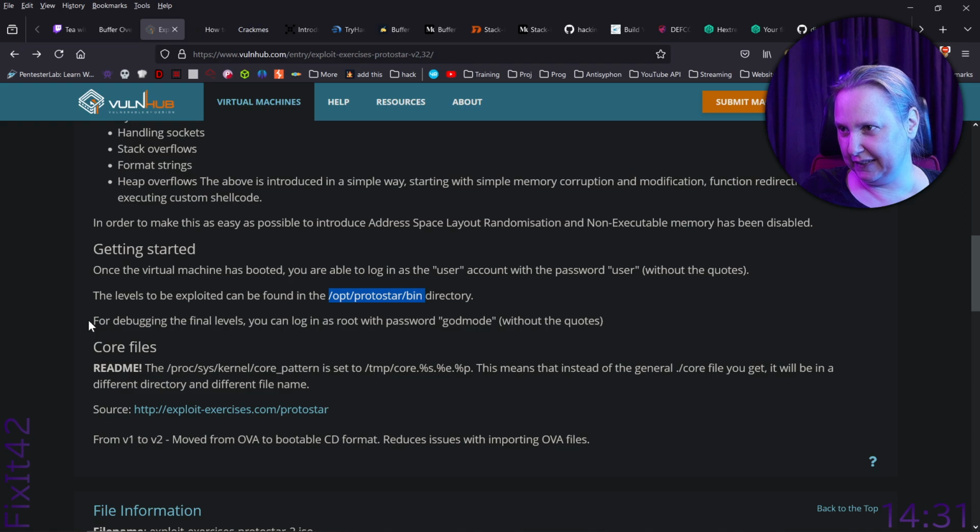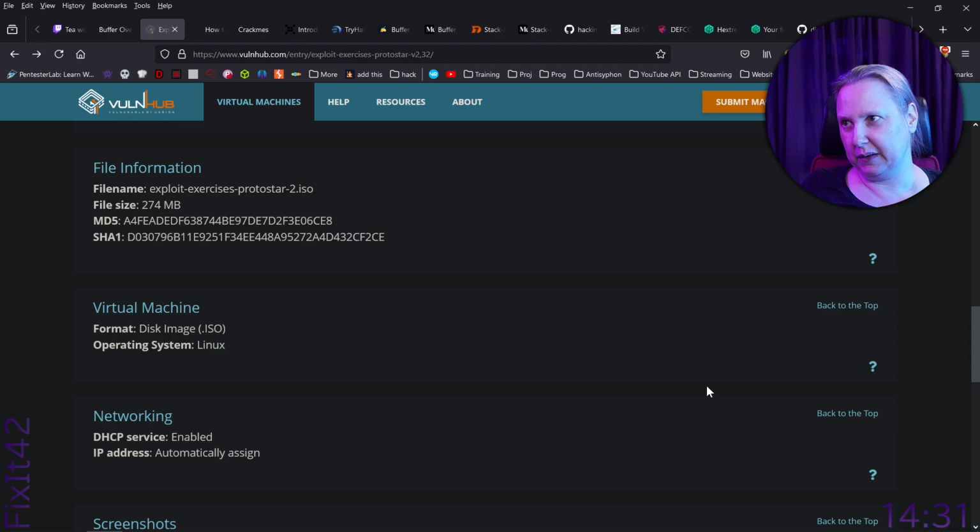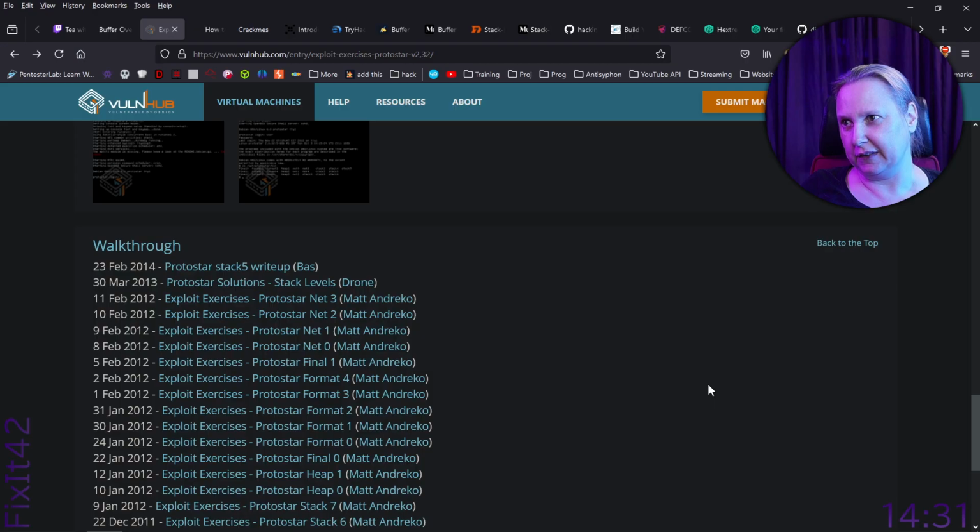For debugging the final levels, yeah. Right, so I don't see anything about any other directory or anything else, so we can just get the files.